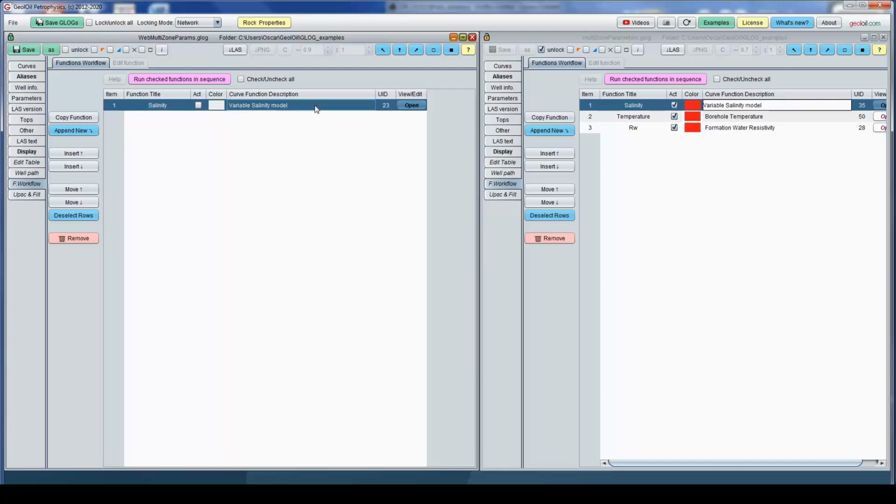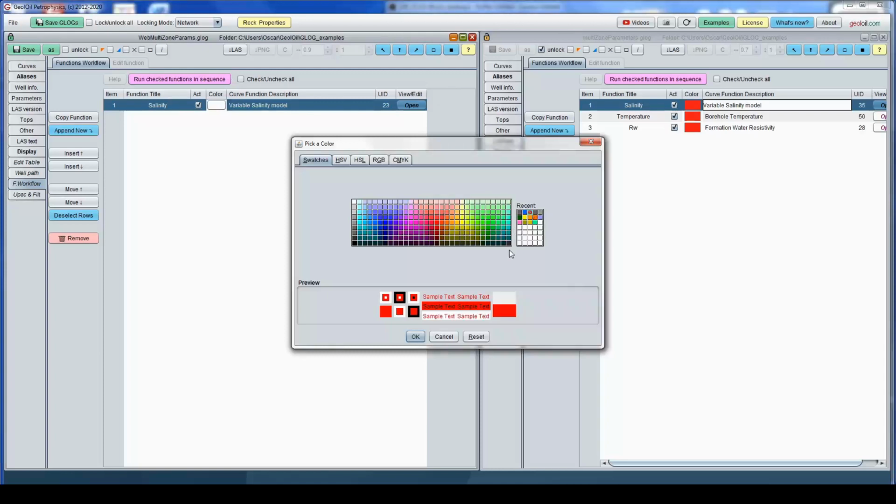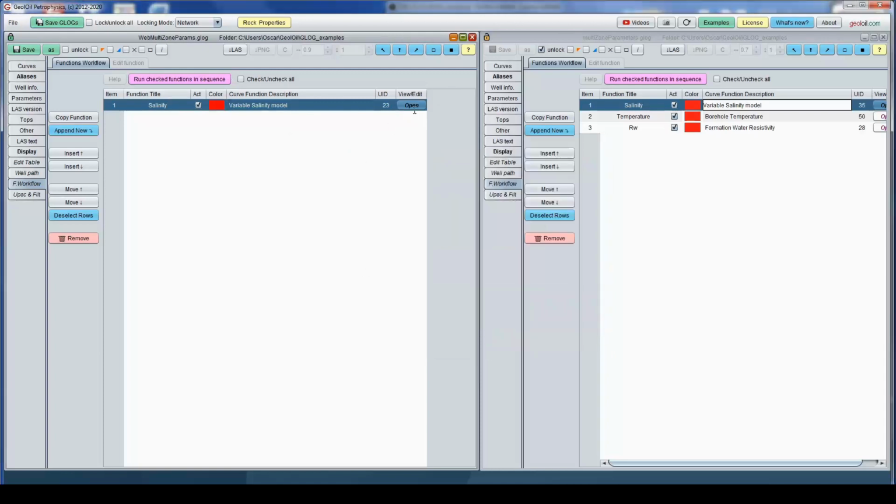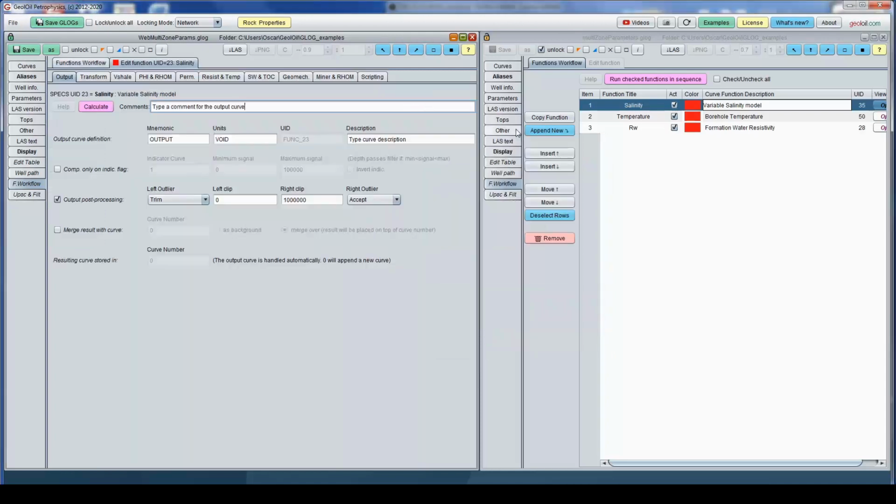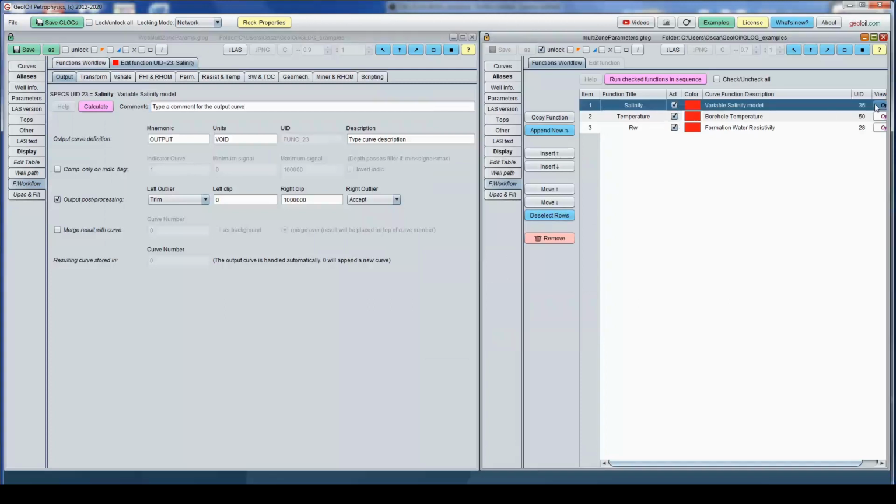Constant means that either it is a real or movable value, or there is a constant per different formation. The most usual case is a partial constant. There is a constant for one zone, a partial constant for another zone, and so forth. That is like a stepwise function. Color, like pure red, salinity model. Deselect, salinity, open.